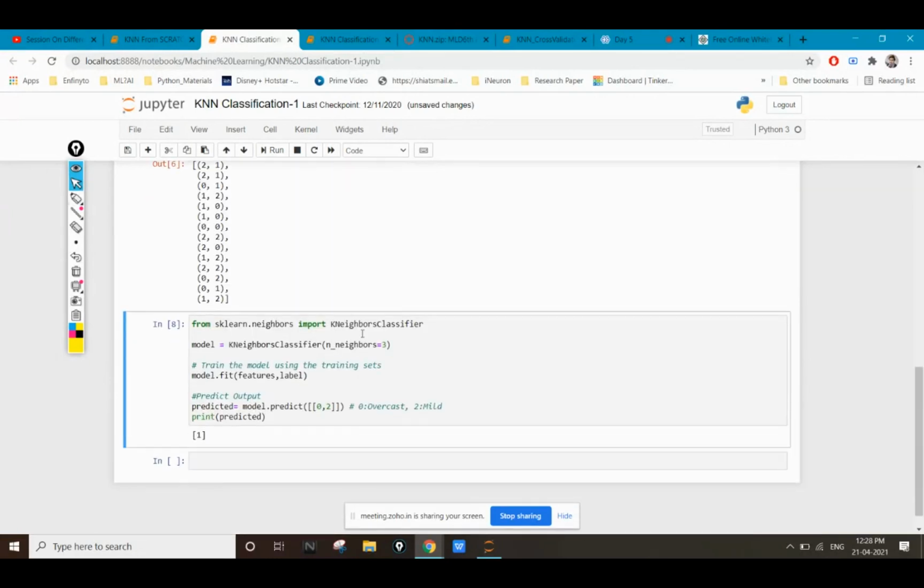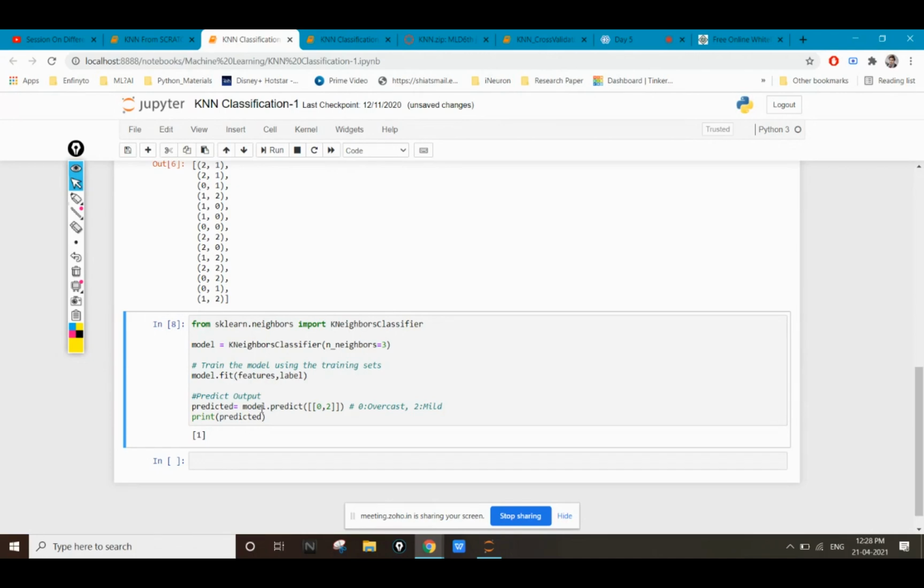Now I'm using KNN, K nearest neighbor, and I'm taking the value of neighbors to be 3. I'm using the inbuilt module. Now I'm fitting these values of features and label inside my model, and now I'm able to predict whether I should go out to play or not, not for that particular data only, but for future data also.